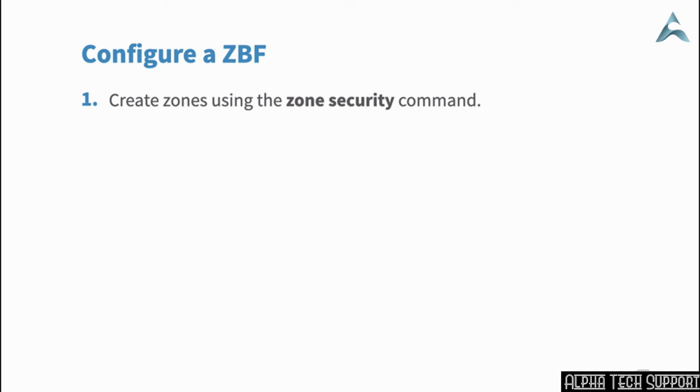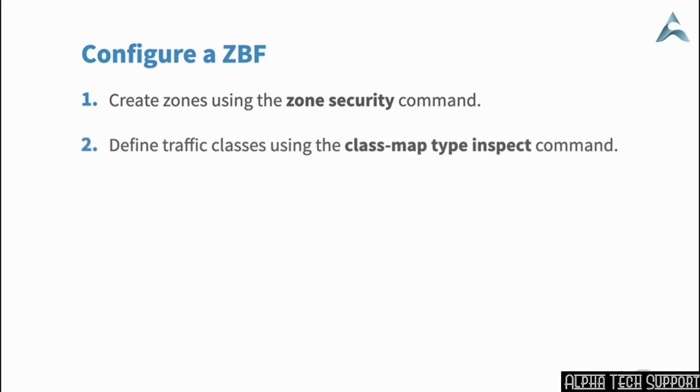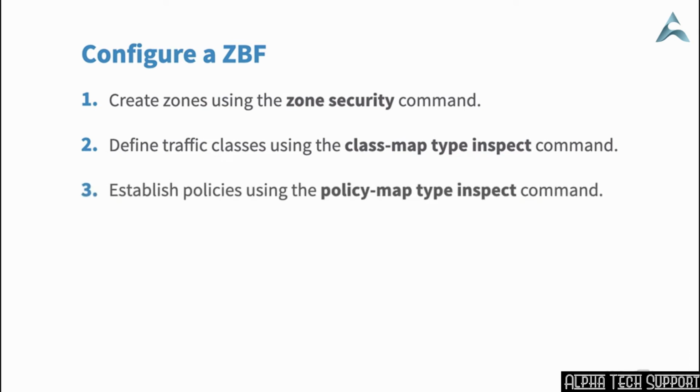In order for traffic to flow between all interfaces on a router, each interface must be a member of a zone. We then define traffic classes using the class-map type inspect command. The class maps describe the traffic that requires a policy map that checks the traffic as it crosses a zone pair. We then establish policies between zones for each pair of source-destination zones, for example, from the inside network